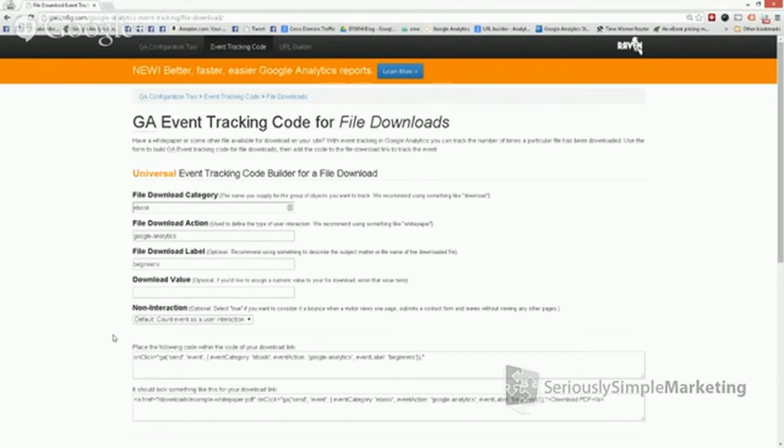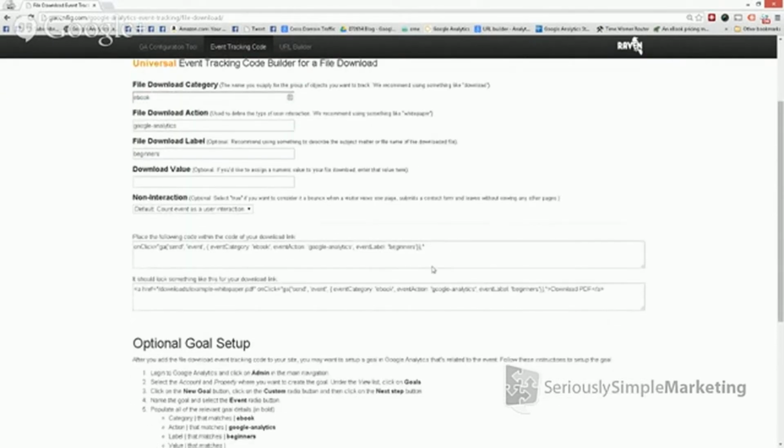And you want to report back to Google Analytics what's happening so you can see how many people went to the page and didn't do anything versus how many people went to the page and clicked on the button to download. You can track all that. So you can see here, it's already built our code out. All you need to do now is copy this out and put it into whatever you need to. So it actually gives you an example, right?